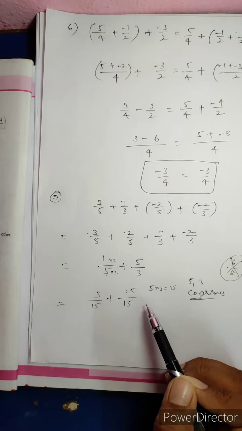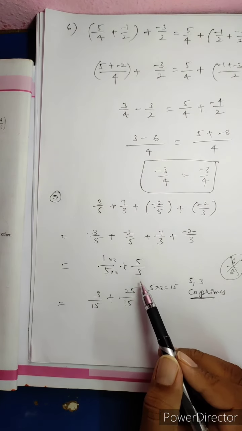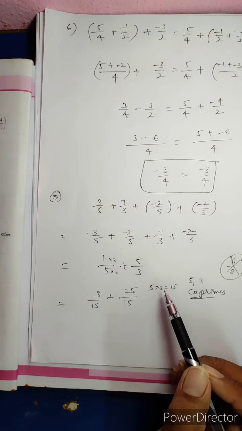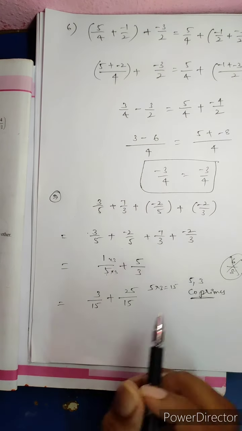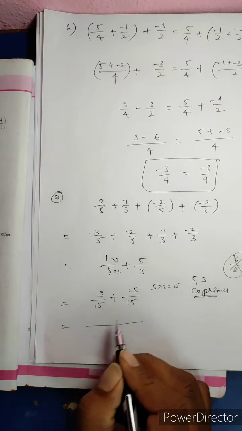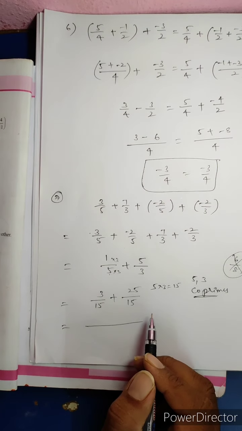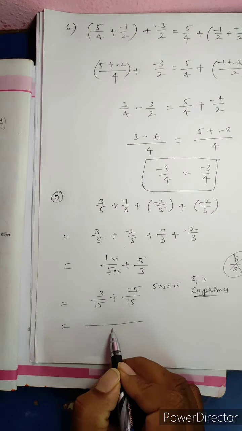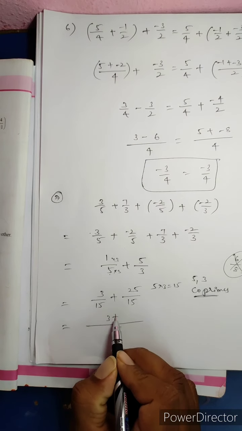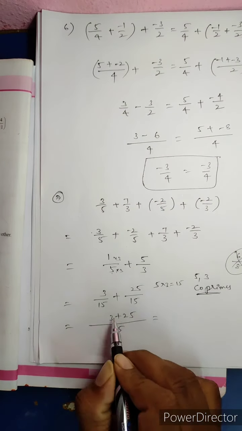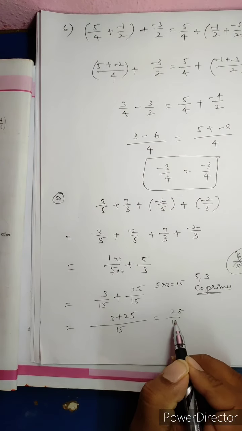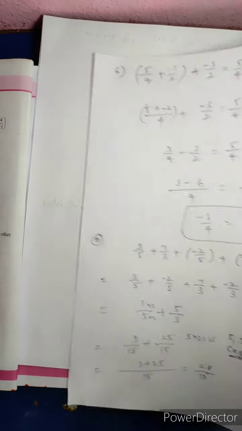Now again a doubt: what is meant by equivalent fractions? Numbers are different but their value is the same. They are called equivalent fractions. Now these two we converted into like fractions. Their denominator is 15. We can add the numerators directly. 3 plus 25, 28 by 15. Okay, seventh one completed. Now next,